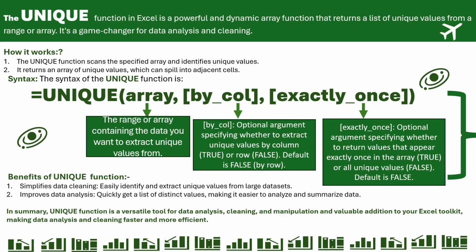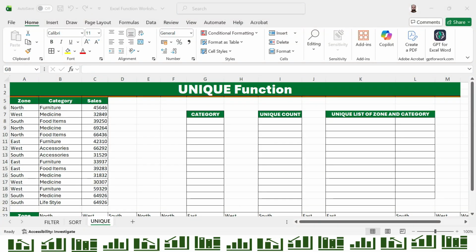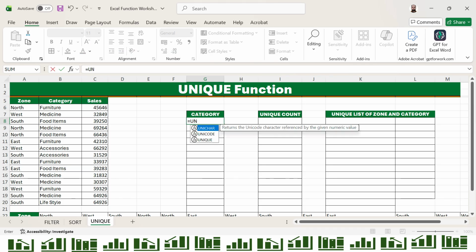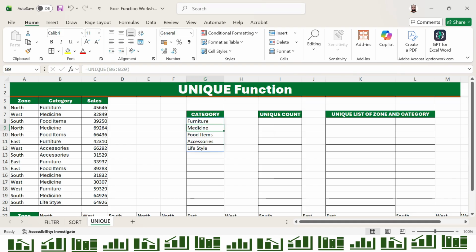Now let's understand how this function works practically. Here you can apply =UNIQUE. It's asking you to select the array. This time our array would be this column, Category. Select it and close the bracket. Hit Enter, and you will get the unique items. Also, you can apply here